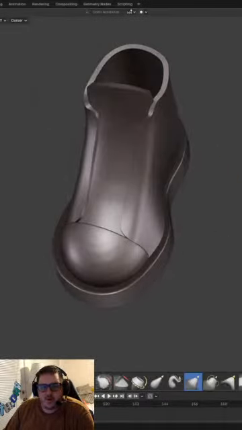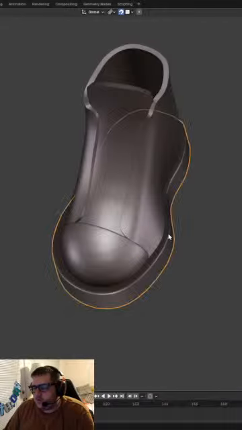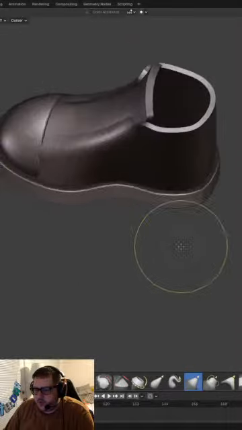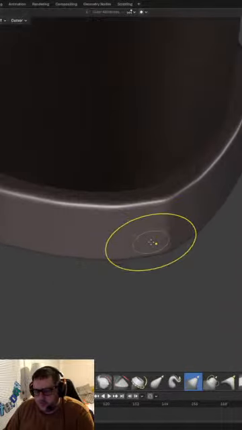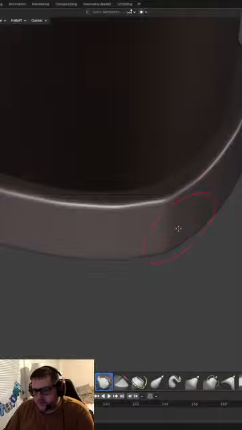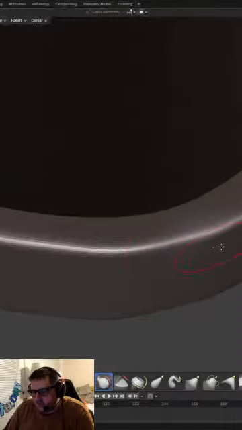All right, let's see if we can get in here and do a little bit of manipulation here. This one little corner is driving me actually nuts. All right, so we'll just blend that corner out a little bit.